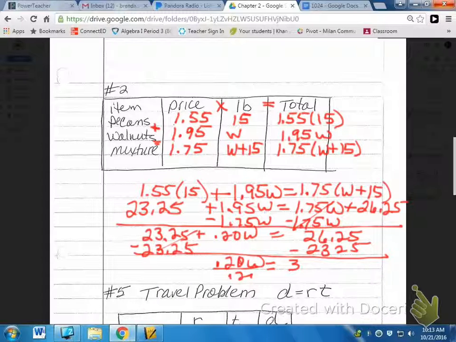Divide by 20 cents. W equals 15, and what does that really stand for? 15 what? Pounds. And pounds of? Yeah, why not say that? Pounds of walnuts. Did we answer the question? Look back and see what the question really asked for. Yes, how many pounds of walnuts? Okay, so we've gotten